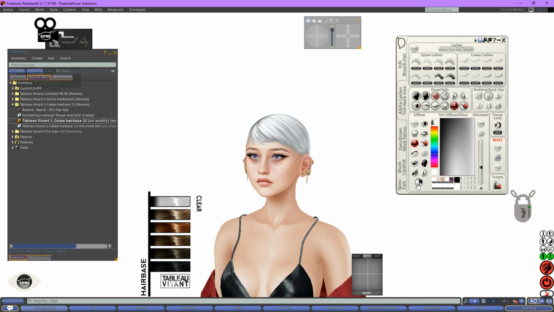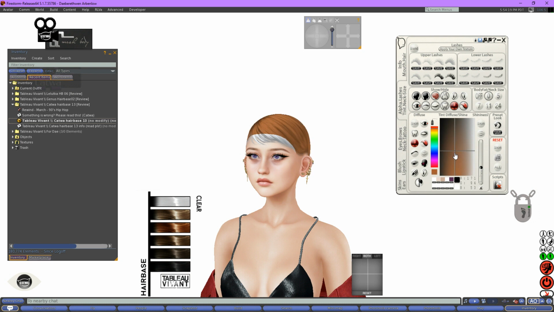Okay, so make sure you've selected the lower hair base. This is the upper side and the lower side. So you're going to select the lower hair base, and then you're going to click inside of here and you want to change your color on the slider by clicking and dragging to whatever color range you want. So I want to be sort of in the red range,